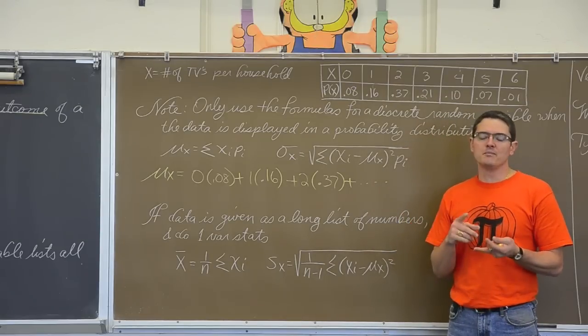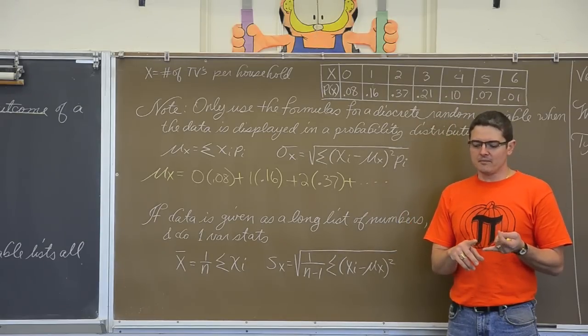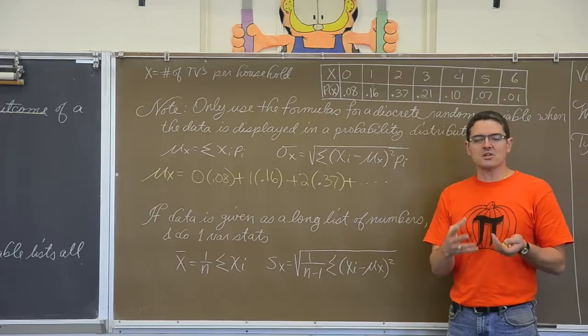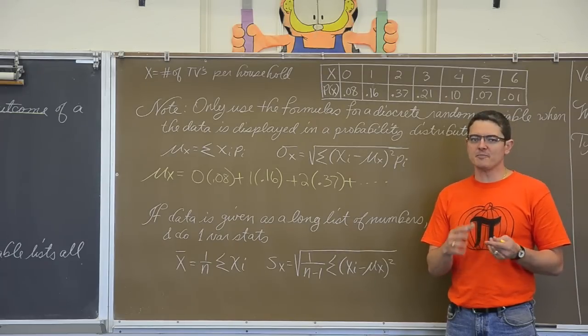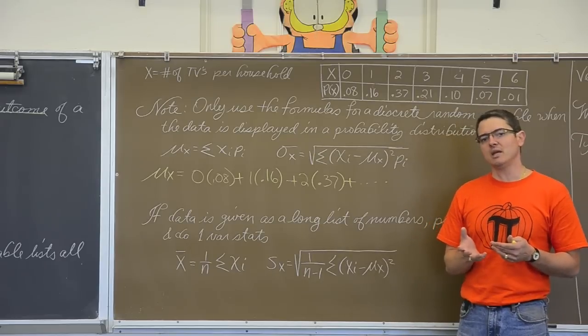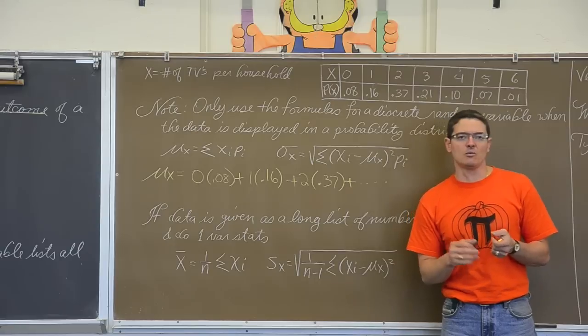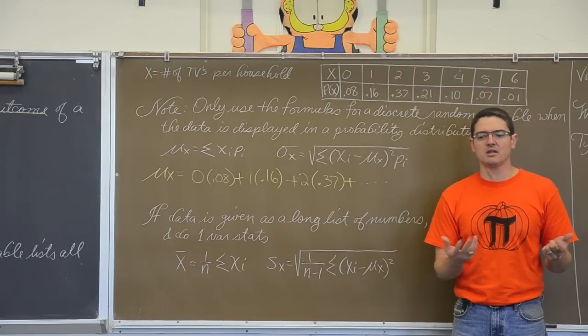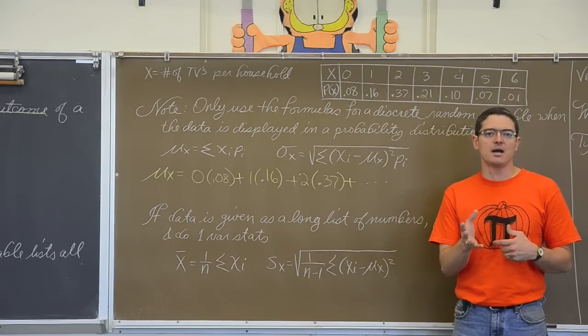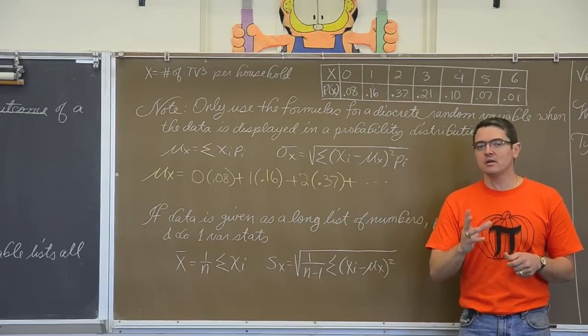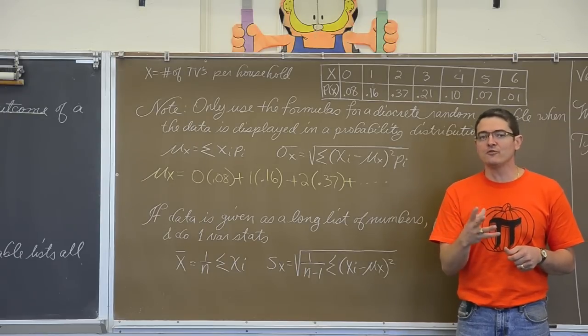And remember, sample results from a sample, whether it's a sample mean or a sample proportion, are supposed to be equal to the population mean. Now you know that it won't be exactly equal because we have this thing called sampling variability. Even if you flip a coin 10 times, you're not going to get heads 50% of the time. But you're going to get heads around 50% of the time.